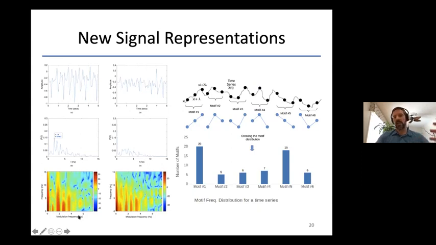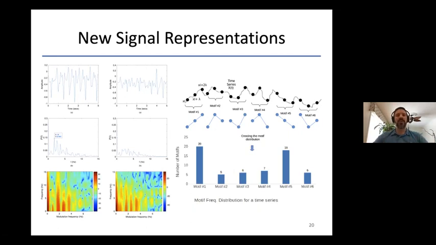So it's basically looking at the dynamics of the spectral components over time. And then you can clearly see that the information about gait is preserved in this representation, despite it disappearing in the frequency domain. And we've also explored things like motifs, for example, that look at patterns in the data as opposed to amplitude values, which are very prone to movement artifacts. So if we're looking at patterns within the data, these are typically more robust to artifacts as well.